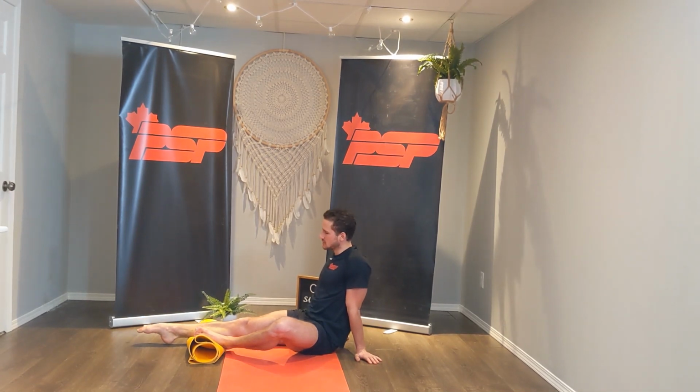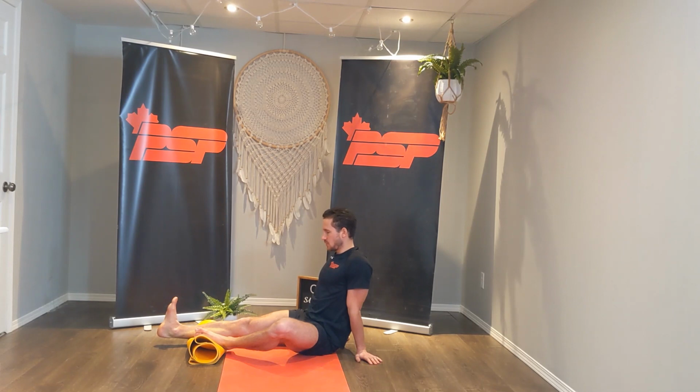10 ankle presses. We're gonna go up and down into that plantar flexion. Dorsiflexion, plantar flexion. Good, let's keep going for 10. You wanna make sure that you're going at that full range of motion, and you're trying to get deeper and press deeper every single time. The goal here is to try to actively increase that range of motion about the ankle. We've got 2 more, 1 more,